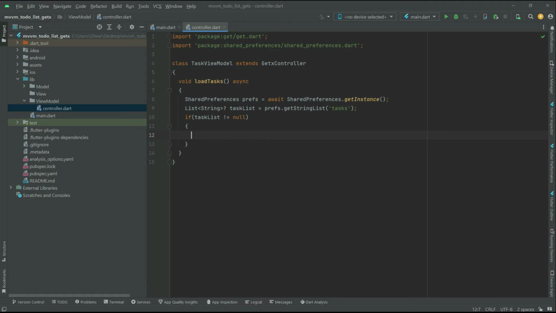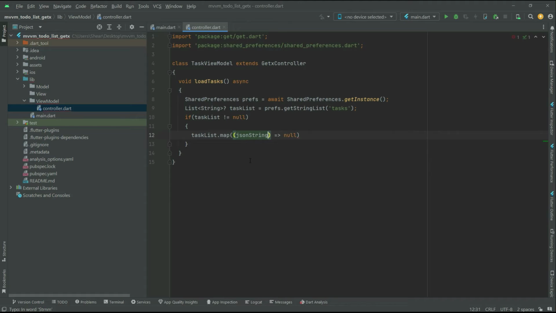So first we will just map each JSON encoded task string from the task list to the task object, and then the fromJson method is used to convert the JSON map to the task object. So you guys will see what I'll do in here. First I'll say taskList over here, and then we say dot map. You guys can see over here now,